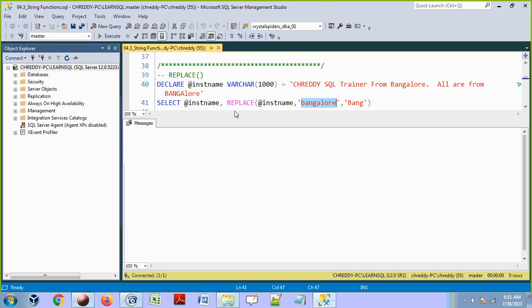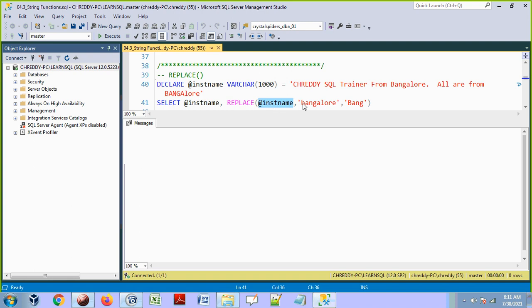Now what will the REPLACE function do? It will take the value from this variable. The first parameter represents the actual value. Either we can specify the value by using a variable, or a column name, or we can directly put the actual value in the first parameter. Here it is a variable, so whatever value is inside the variable, that value it will take.